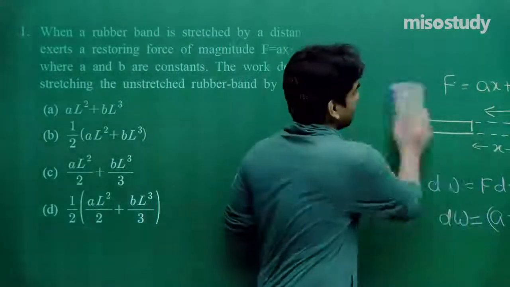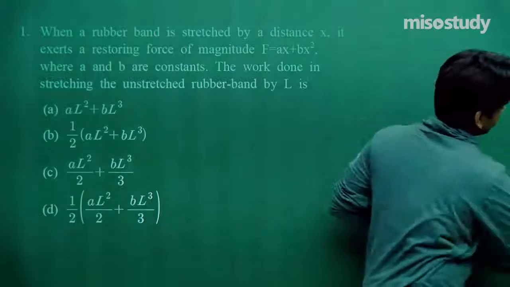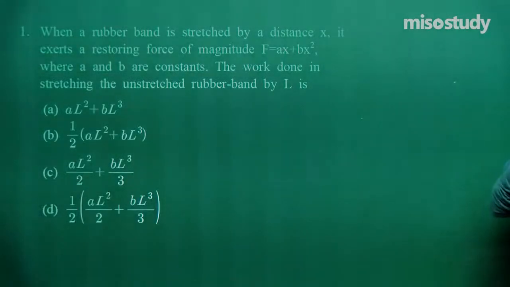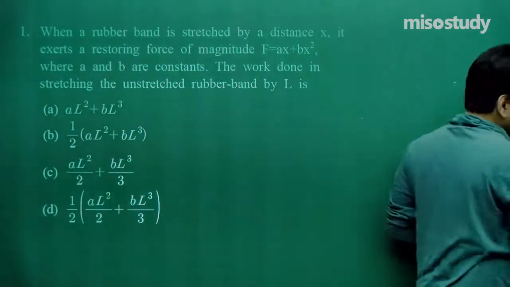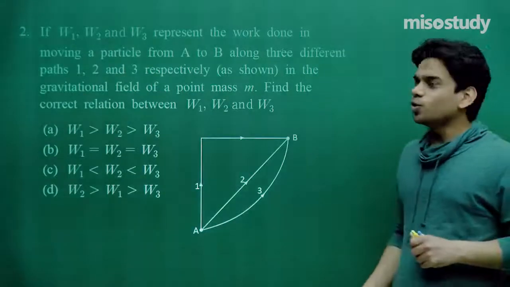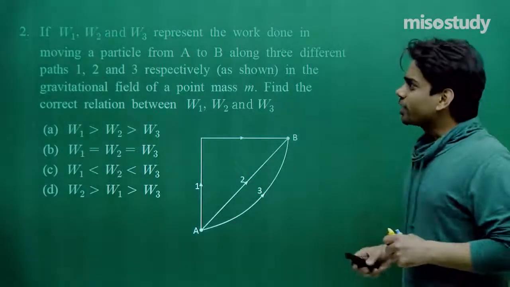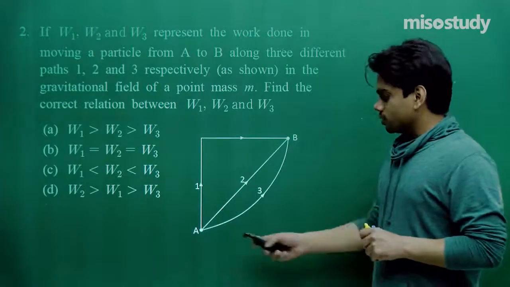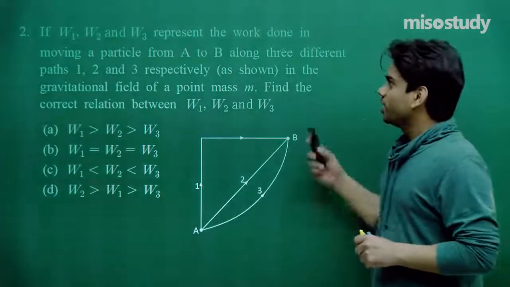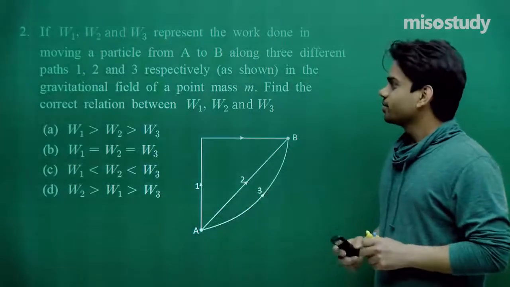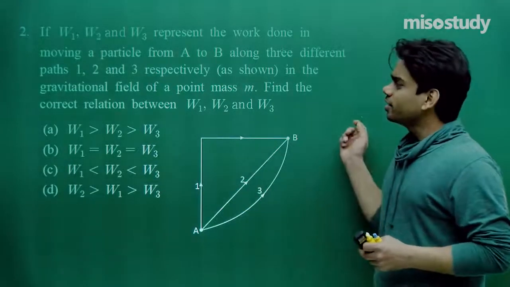Let's go ahead, and I'll just be ready. Now here comes the next question of the day. Question number 2. If W1, W2 and W3 represent the work done in moving a particle from A to B, point A, point B, along 3 different paths, 1, 2 and 3 respectively, as shown in the gravitational field of